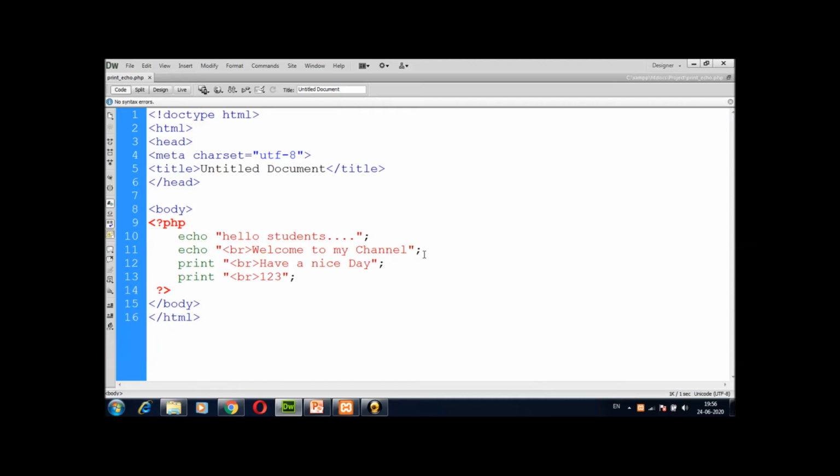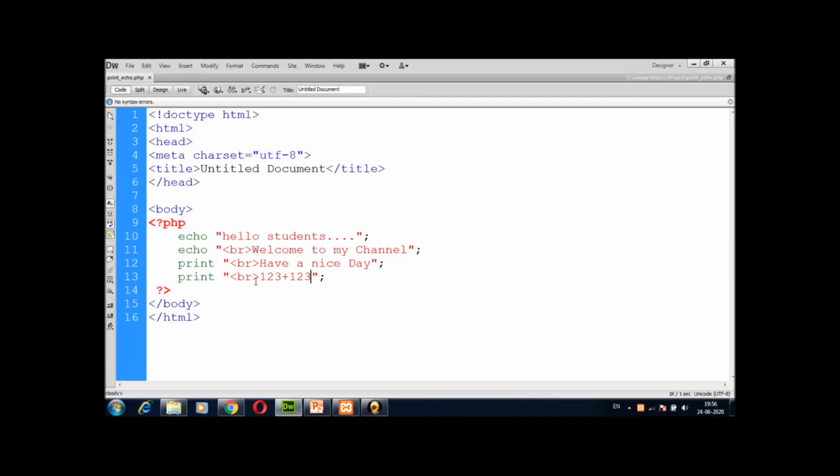But there are some different operations performed with echo statements and print statements while you are using numbers with operators. See, suppose I write here 1 2 3, then use a plus sign, and I use again 1 2 3. Now we will print this statement.